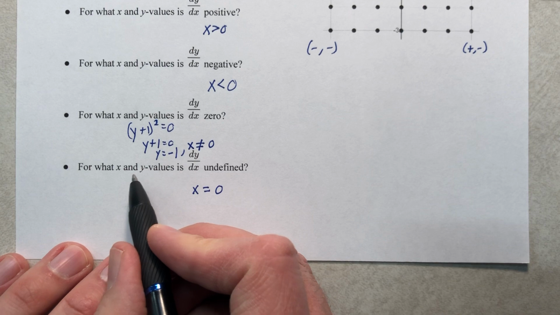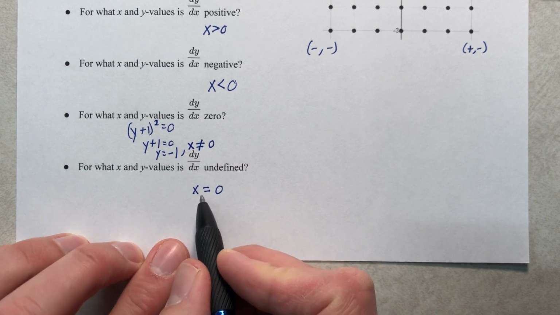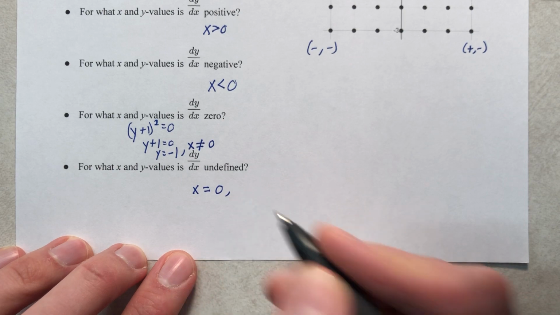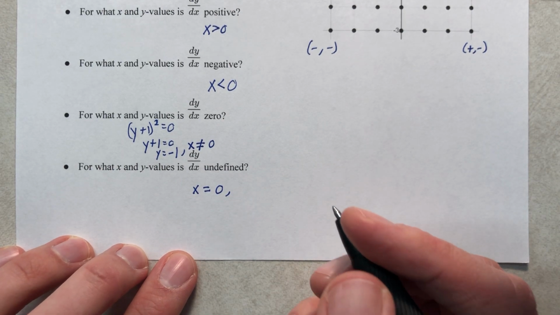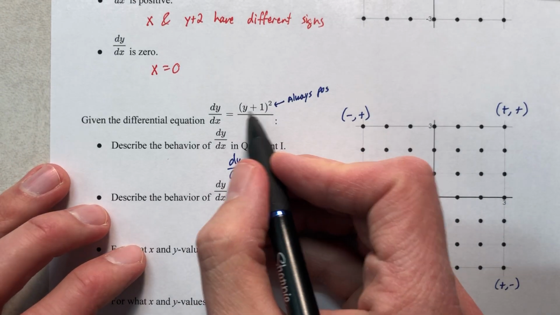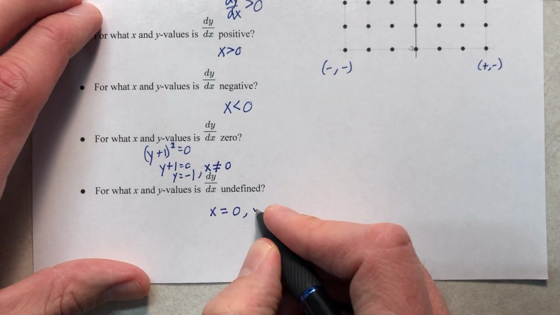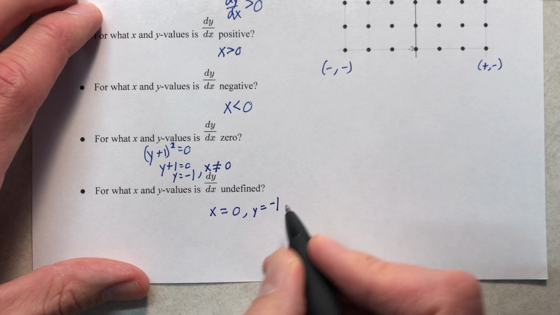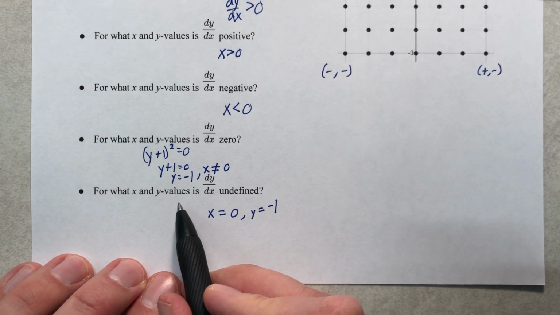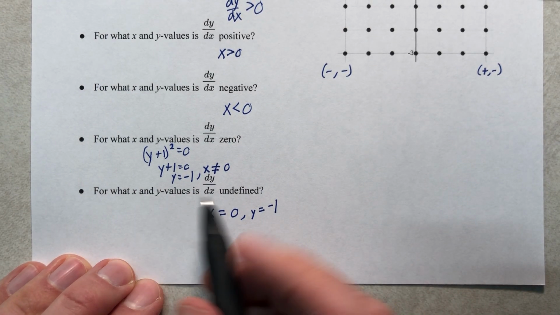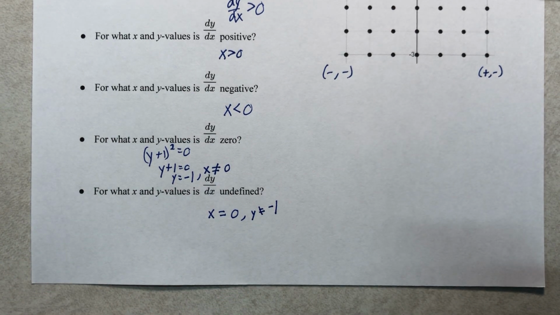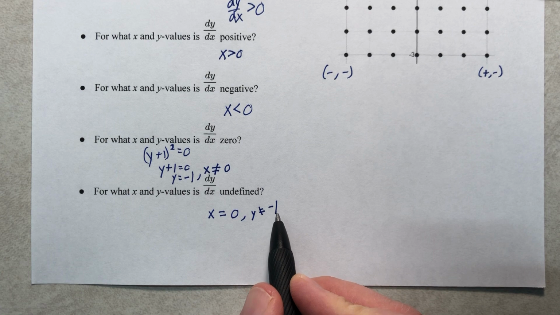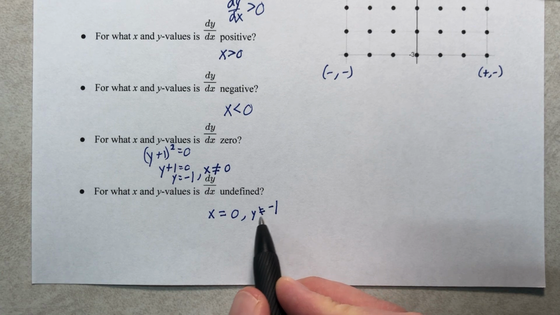So for what x and y values is this undefined? Well, x would be 0, but we would go beyond undefined into the realm of indeterminate if the numerator was also equal to 0, which would be y equals negative 1. Okay, let's clarify this. Y can't be negative 1. Sorry, there we go. The denominator can be 0, and if y is also negative 1, we have indeterminate, so y can't be